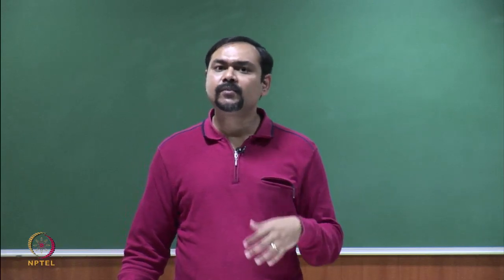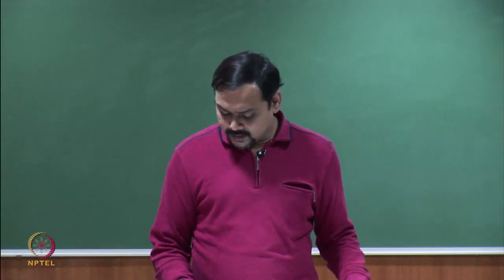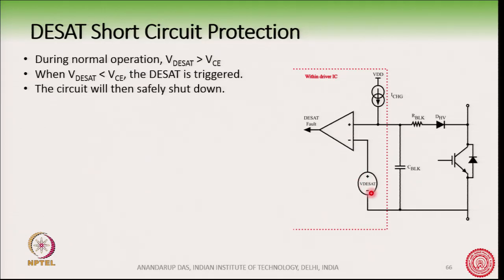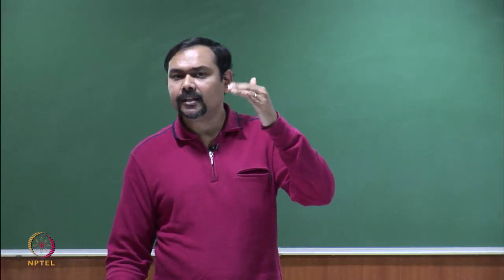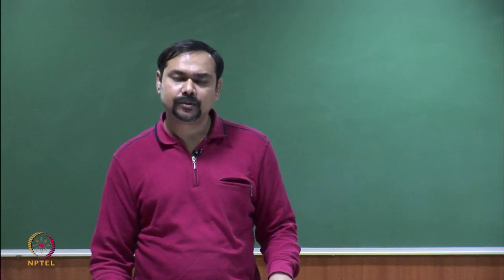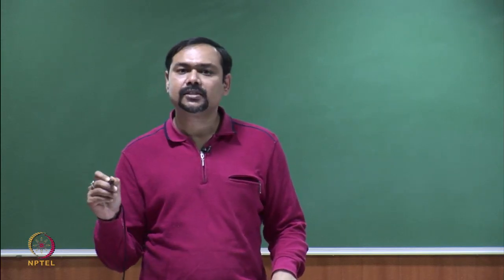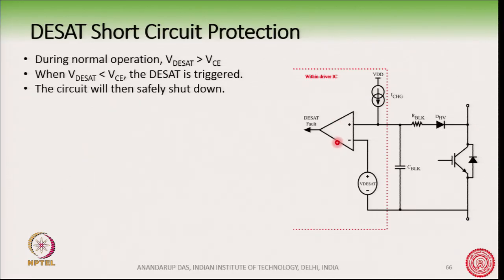So, suppose the DC voltage is 600, so from 600 it goes to 2 volt, and suppose this VCE SAT voltage is about 7 volts for example. So, every time the device turns on, it will move from 600, cross through 7 and move to 2 volts. Every time it crosses close to 7 volts, this op amp will be triggered,